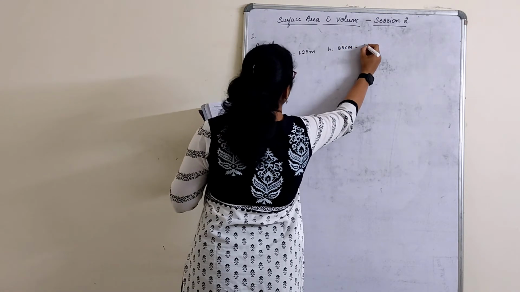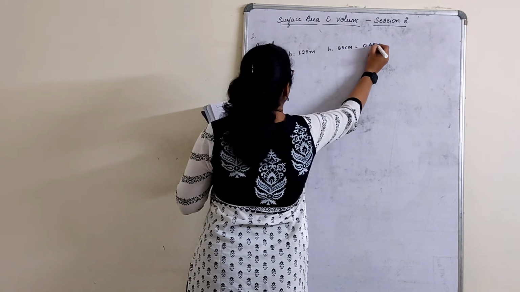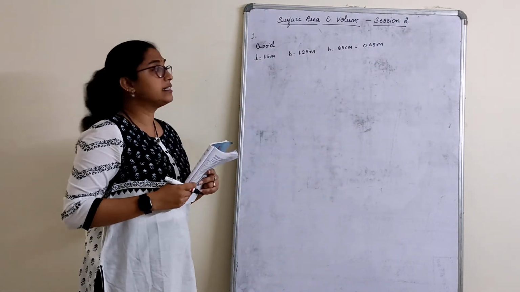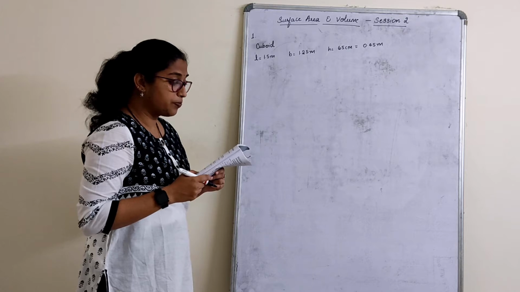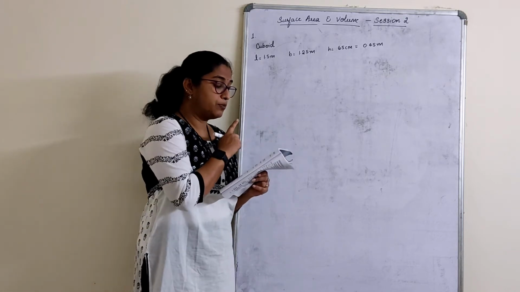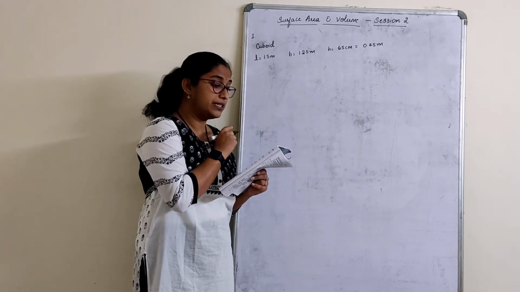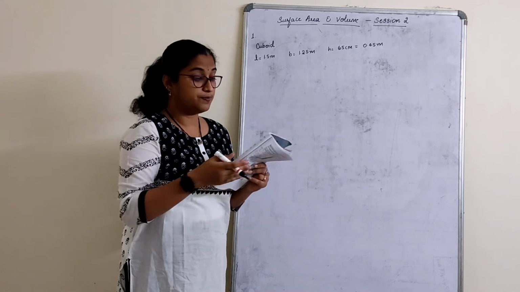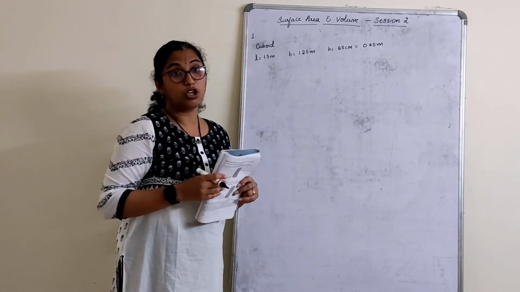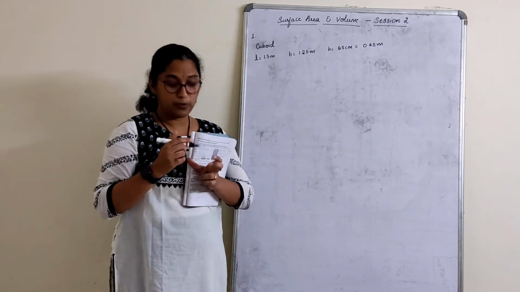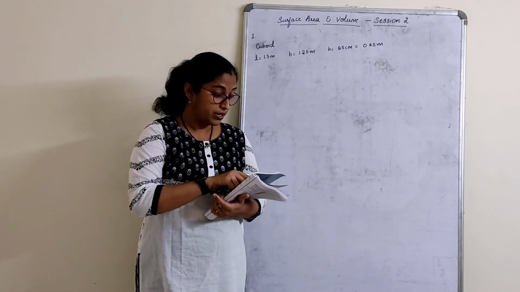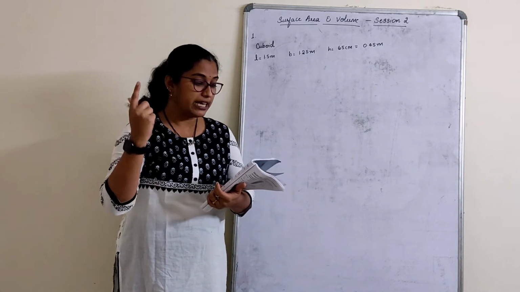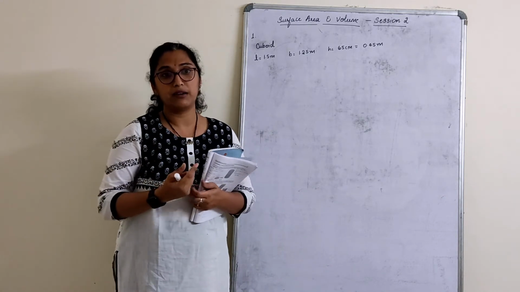Can I write in terms of meter? 0.65 meter. Conversion: 1 meter is equal to 100 centimeter. Convert that. So a plastic box of 1.5 meter long, 1.25 meter wide and 65, that is 0.65 meter deep is to be made. It is open at the top. Of course, a box that we talk about, it is open at the top. Ignore the thickness of the plastic. Determine the area of sheet required to make a box.